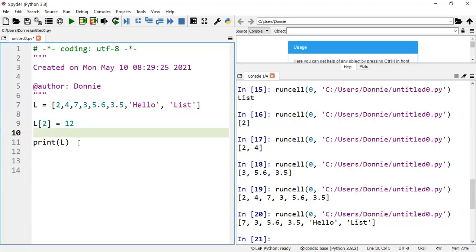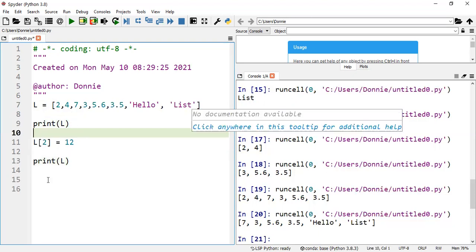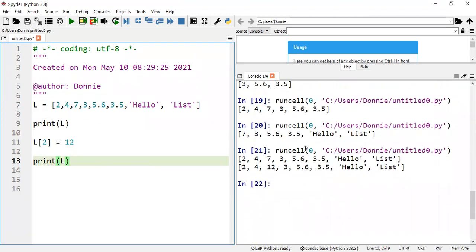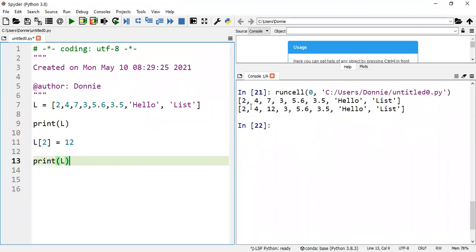I'm going to print the first list, which is this list. Then I'm going to update the index 2 element, and then reprint the list and see what happens. So here is the case. As you can see, here index 2 is 7, and here index 2 has already been updated to a different number. So we can change elements in the list